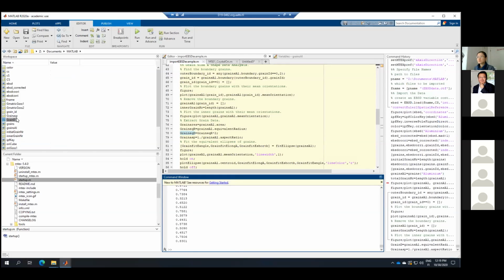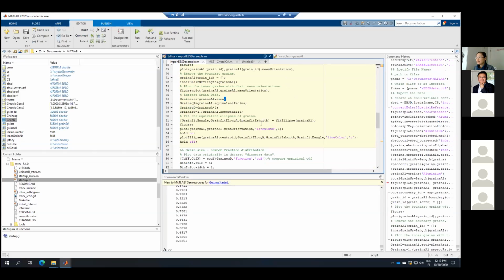Yeah, it is also for more than these 5,000 grains. It's showing here. And for the grain rotation angle, the fitting angle,